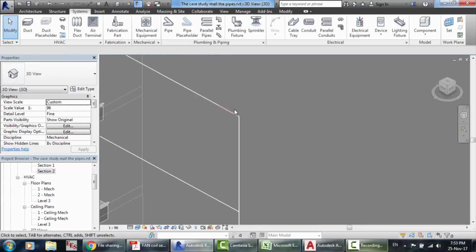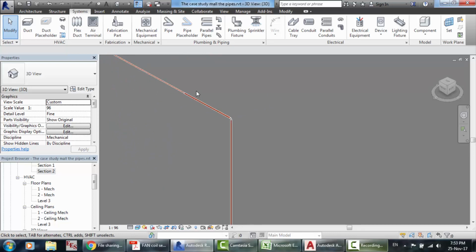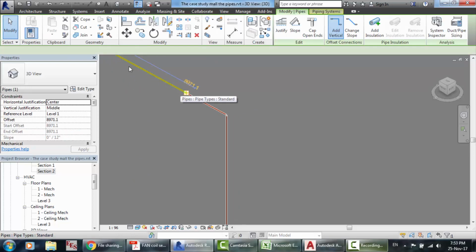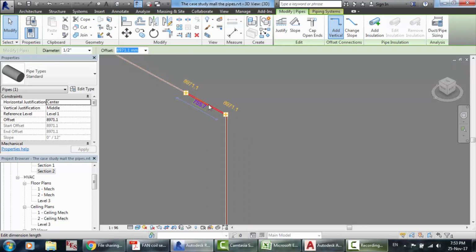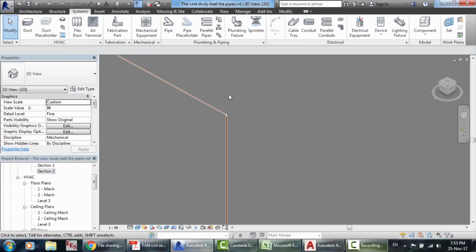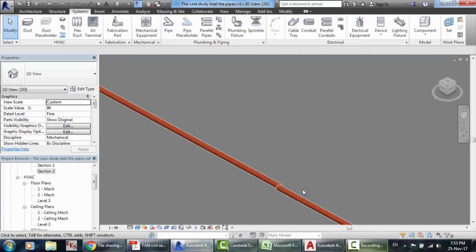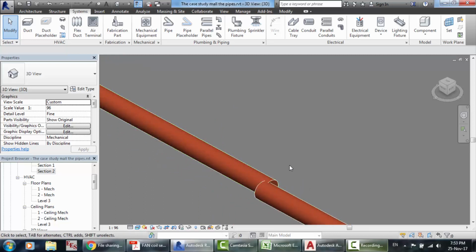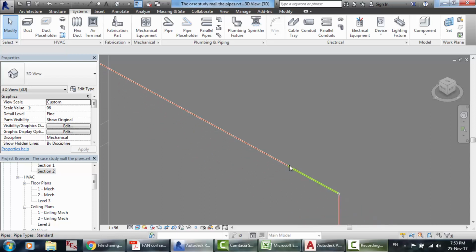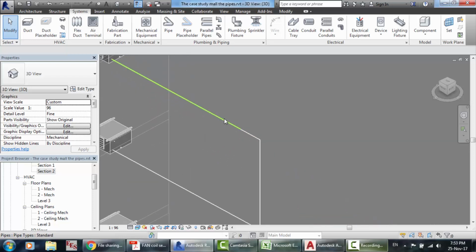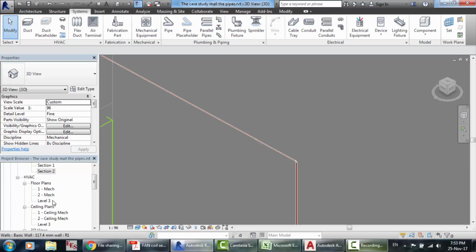Here is the pipe. Yeah, I know. Okay, here I don't think that we have it. Yeah, we have a problem here. Why? Because they are not at the same level. So what I'm going to do is